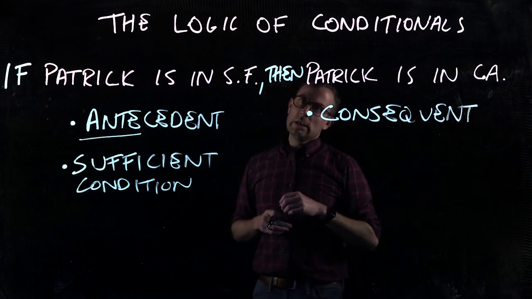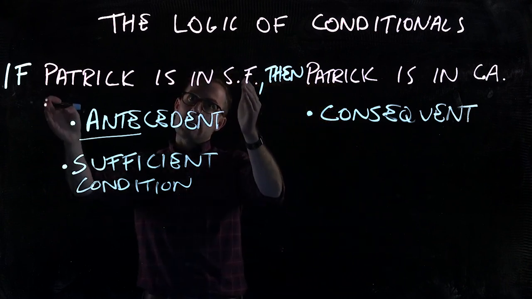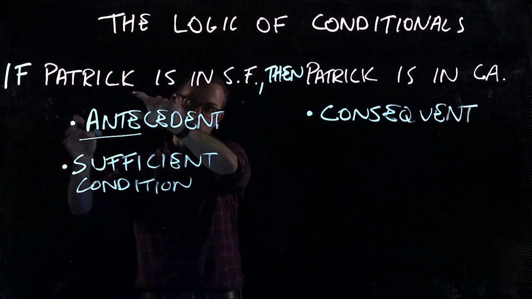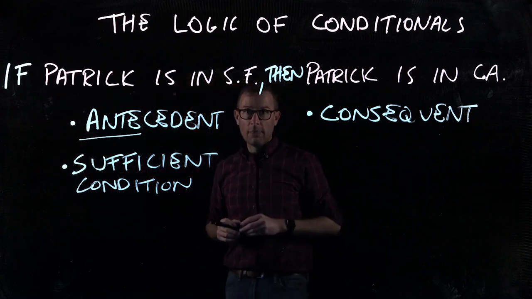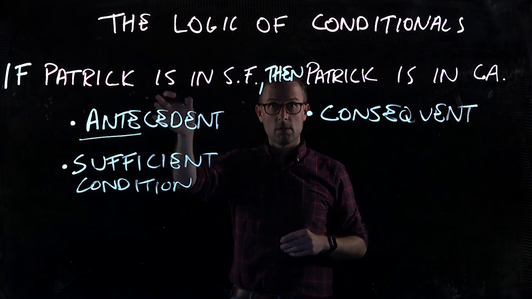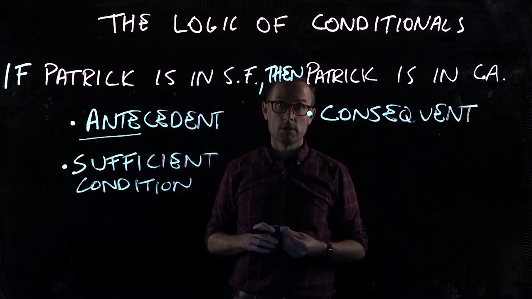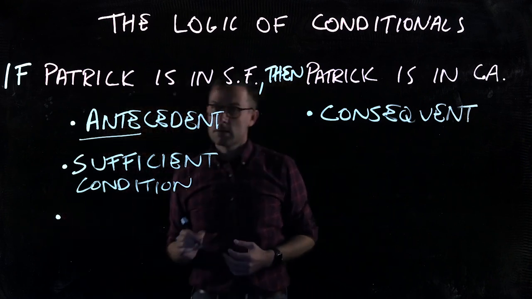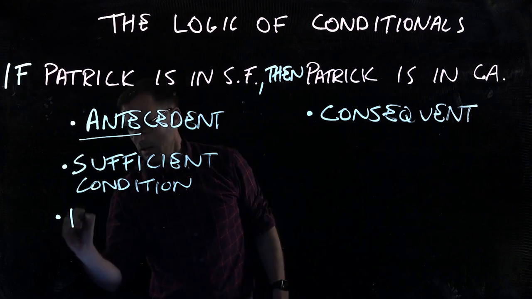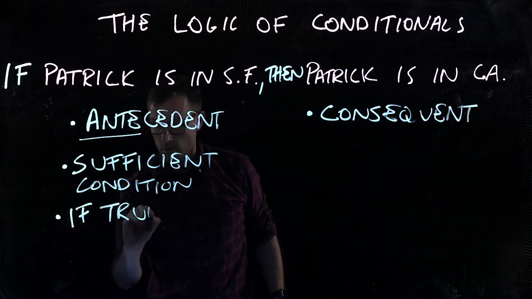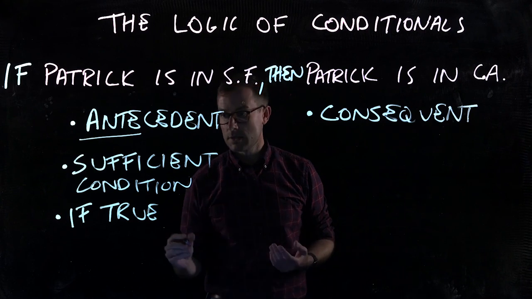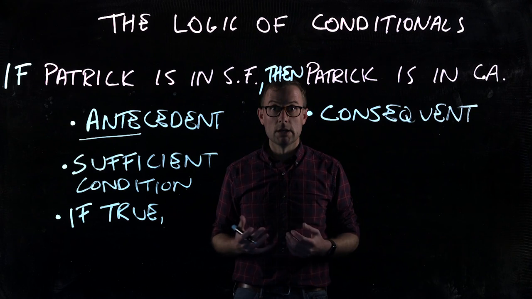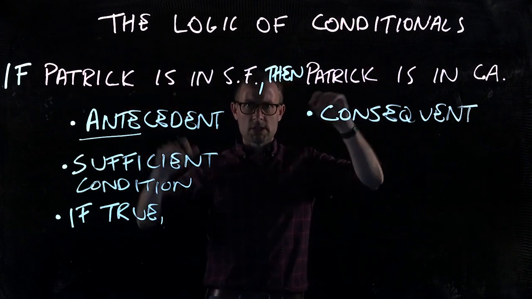So looking at this antecedent, it's adequate for us to know that if Patrick is in San Francisco, then Patrick is in California. That gives us sufficient reason. Now, the thing about sufficient conditions, and this is really important for when we start thinking about argument forms and evaluating whole arguments with propositions like this,